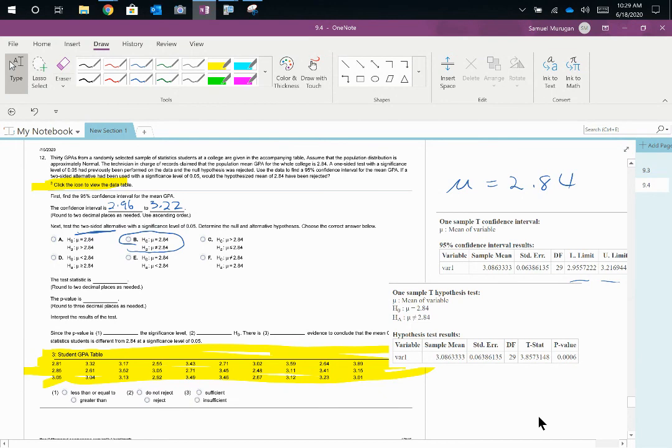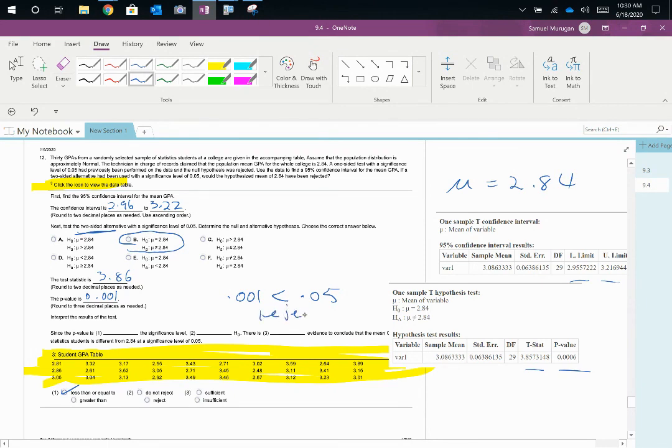Okay, here we go. So the test statistic, to two decimal places, is 3.86. The p-value to three decimal places is 0.001 if we round this. So notice immediately that 0.001 is less than 0.05. Since the p-value is less than or equal to alpha,